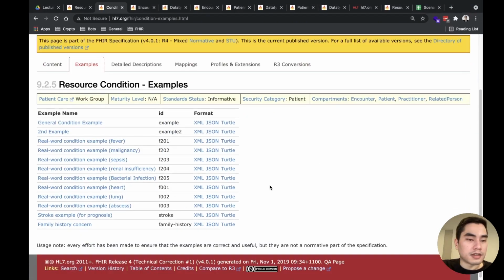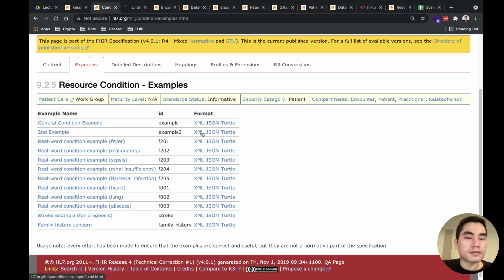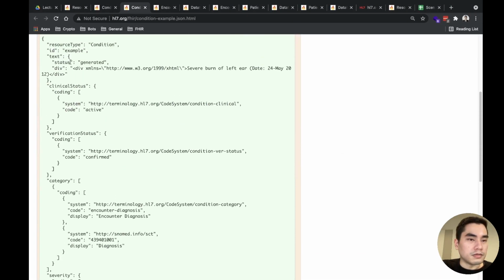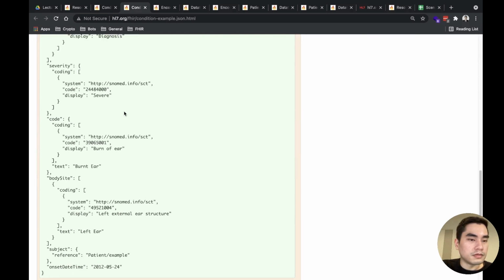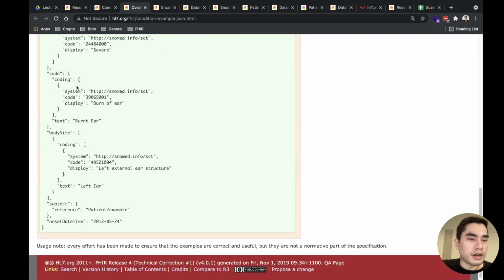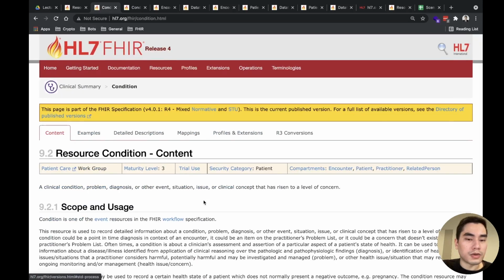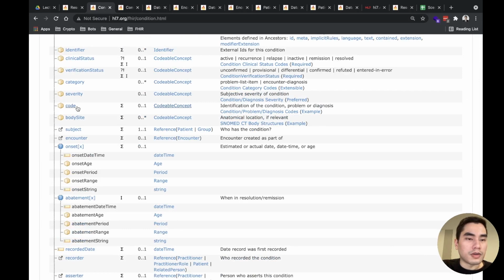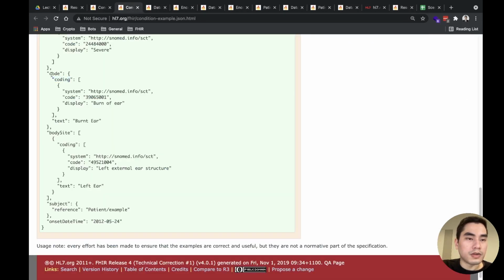In the example, you will see it here. The code element: we have the element name code, and inside is a CodeableConcept.